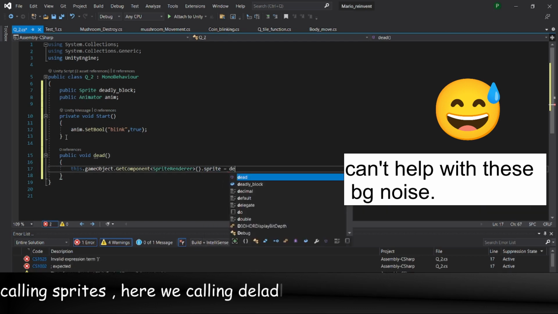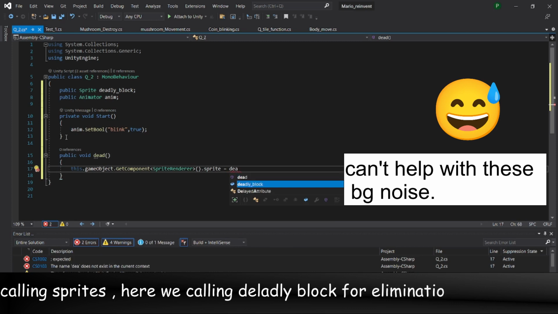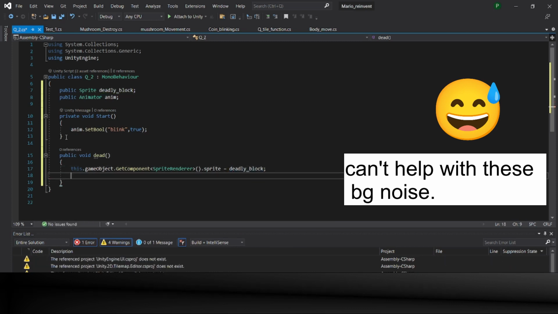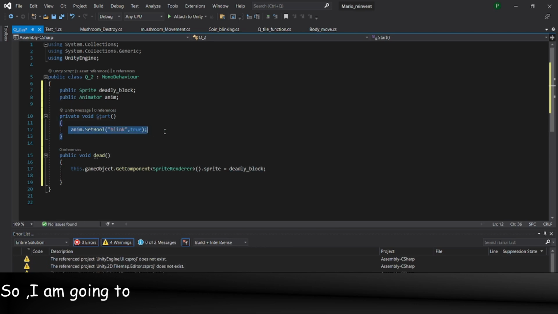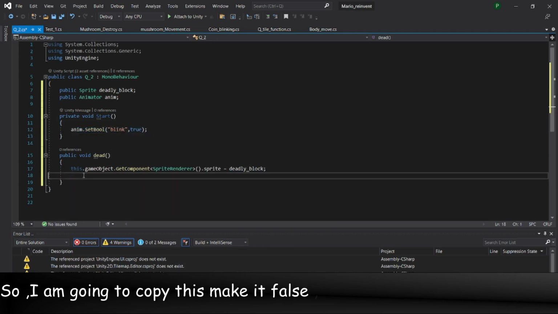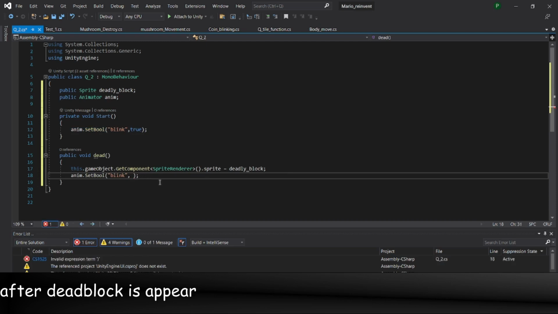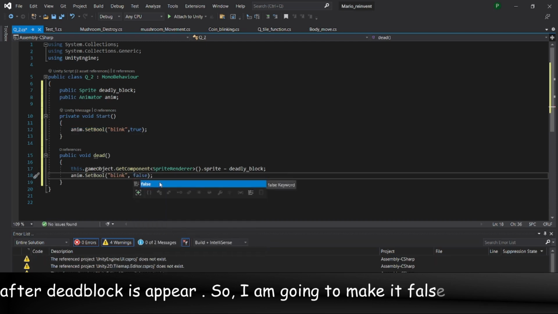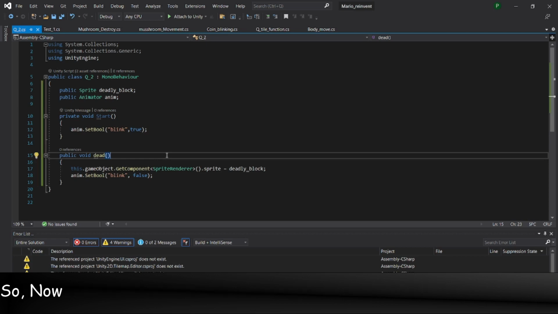We use deadly block here to eliminate with. Now I am going to copy this and make it false, because we do not want it anymore after that block appears. So I am going to make it false. Now my first script is ready.